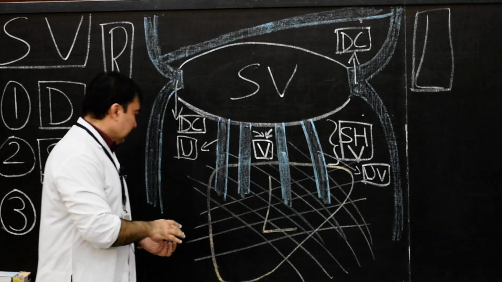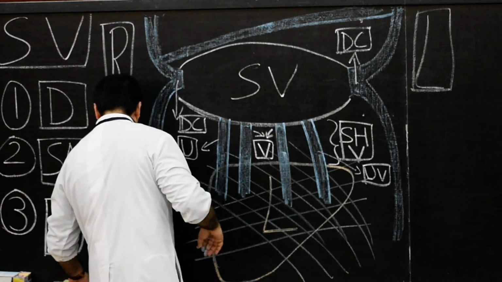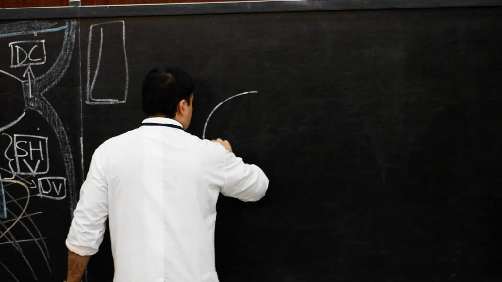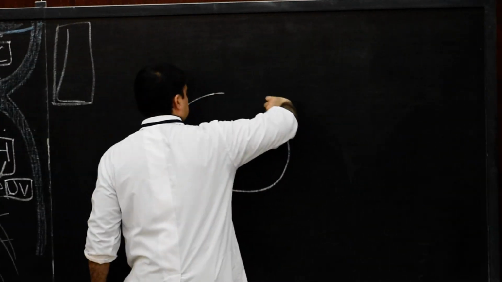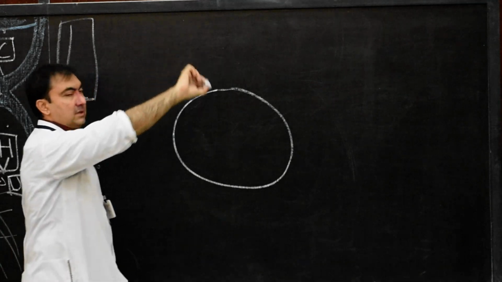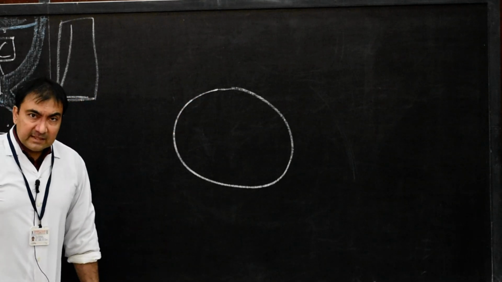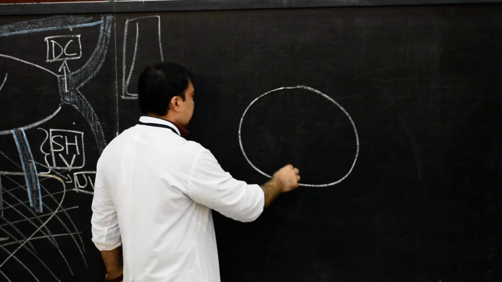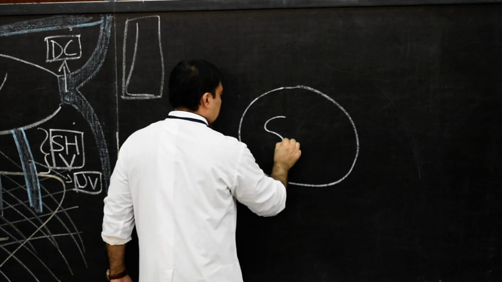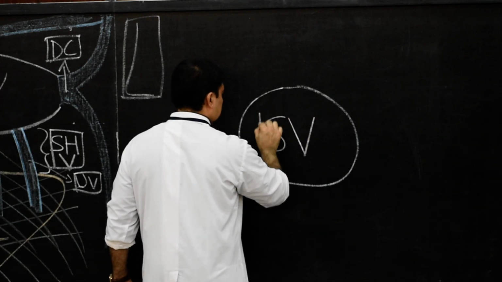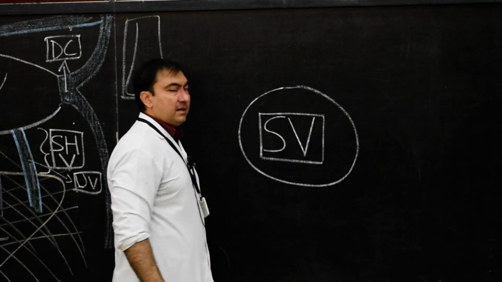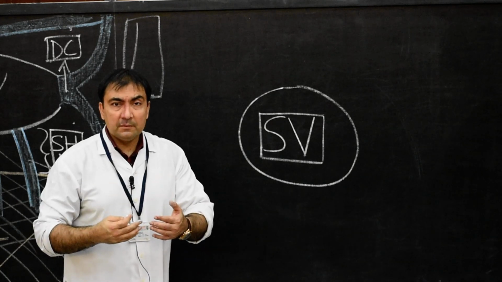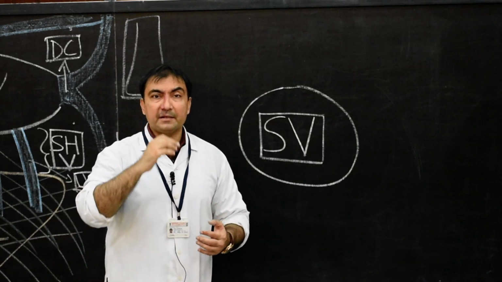Comes the most important part. And that most important part will be if we go on that side. Here we start drawing only. This is what we draw. This segment which we have drawn, I will write this segment as the sinus venarum, V-E-N-A-R-U-M. This sinus venarum is nothing but the posterior wall or the smooth posterior part of right atrium.